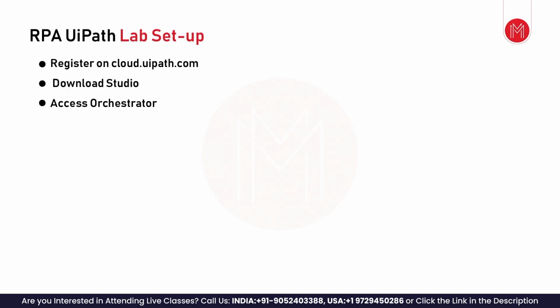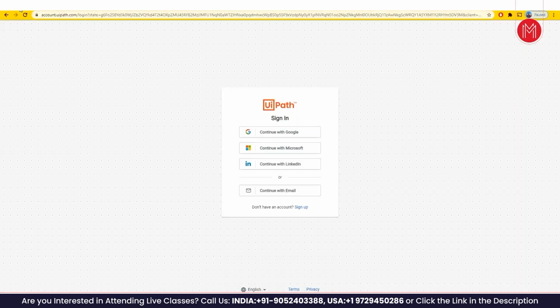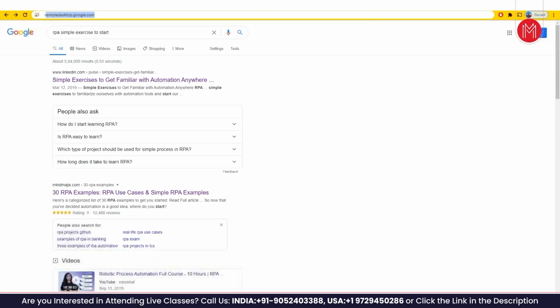We have something called cloud.uipath.com. This is where we are going to download the Studio and access the orchestrator from. So I will just show you that. Okay, if I go to cloud.uipath.com,